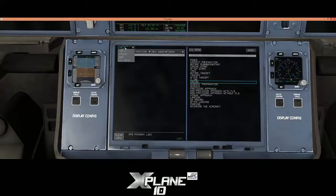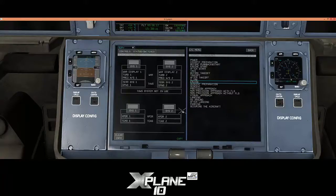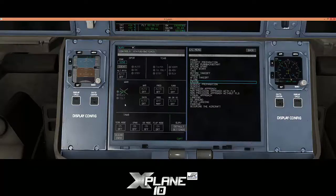So what we need to do is, we need to click FMS1, go down to surveillance, status and switches. We now need to turn all these systems on. Doesn't matter what system we use. Now we go to controls. All of these selected on TCAS, TRS,